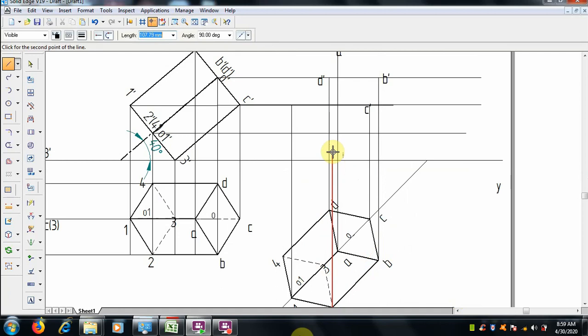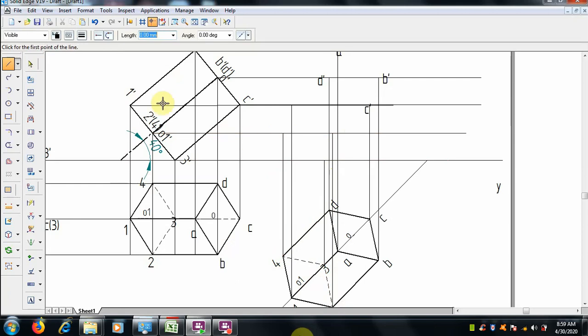So when it extends to 4, you can keep it simply. 3 dash here, 4.